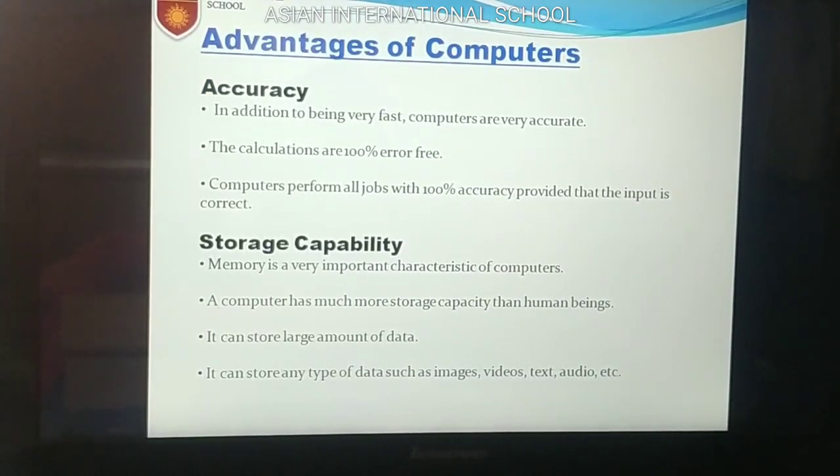Then comes accuracy. In addition to being fast, a computer is very accurate. We can compare the speed with our speed, but in that comparison the error count will increase in the case of a human being or user. But in the case of machines like a computer, even with the high speed, it can do all the work accurately